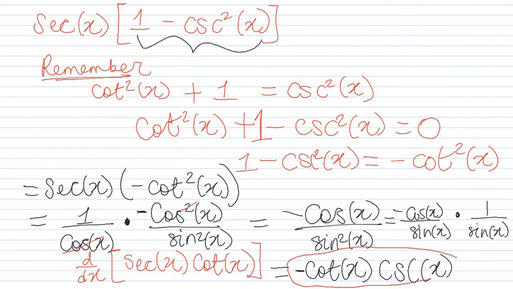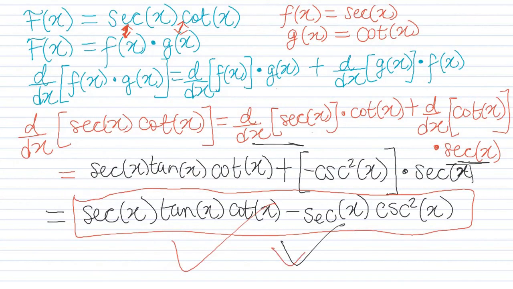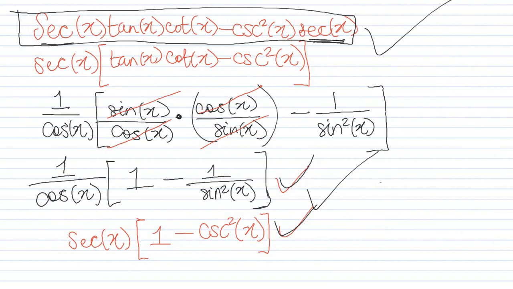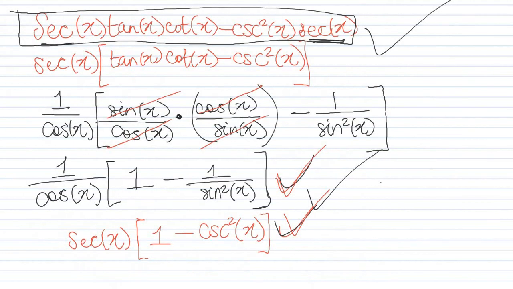Now, this answer here is correct. This answer here is correct. This answer here is correct. This answer here is correct. This answer here is correct. But the best answer that I would pick, that is the most well broken down and the least complicated, is negative cotangent x cosecant x, because you know how tiring it's going to be for you